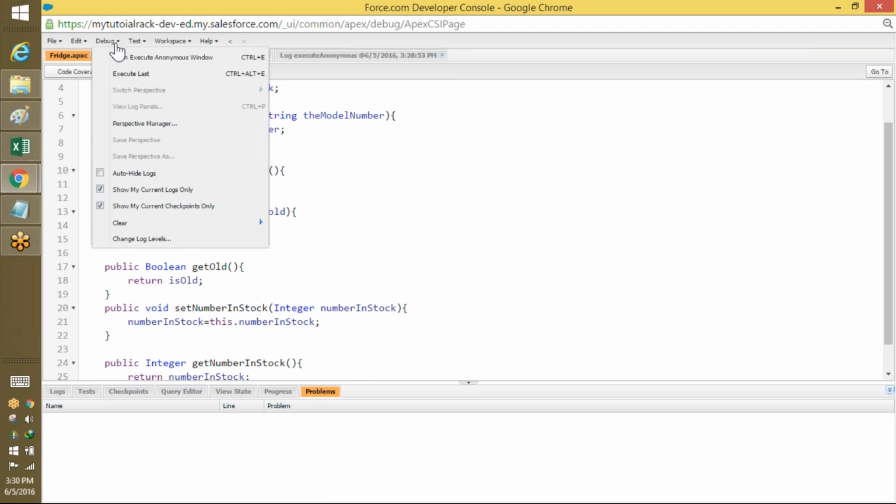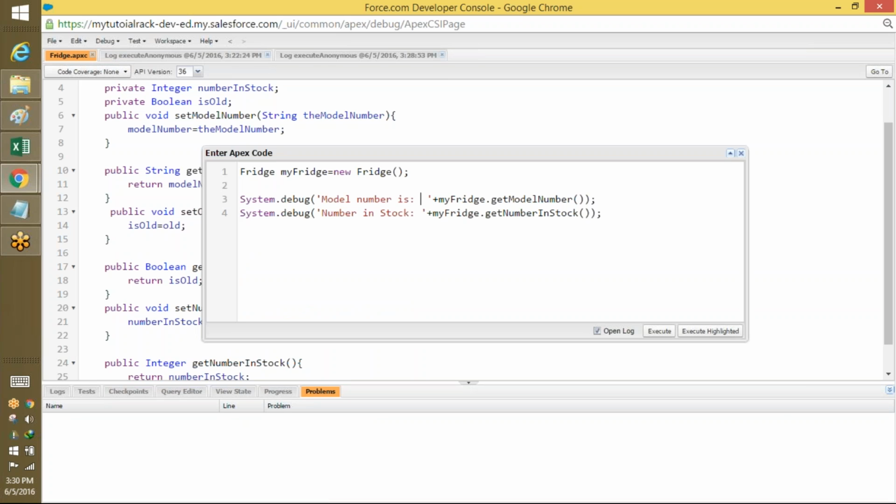Okay, so now if I go back and execute this program, and if I go ahead and check the value for the boolean as well, so what is going to be, is it old? And then here I'm going to say